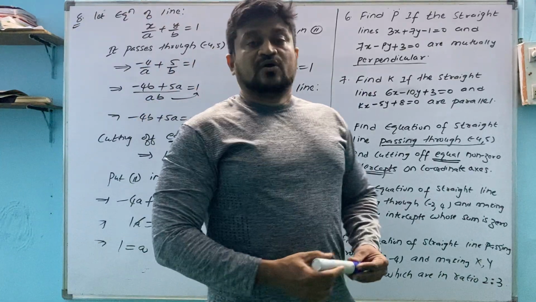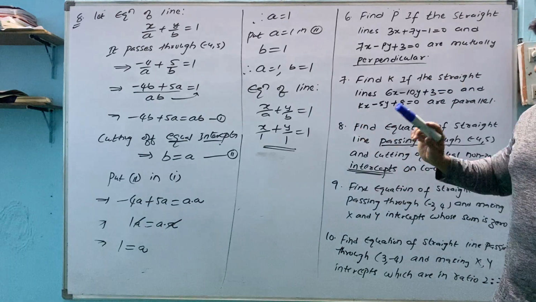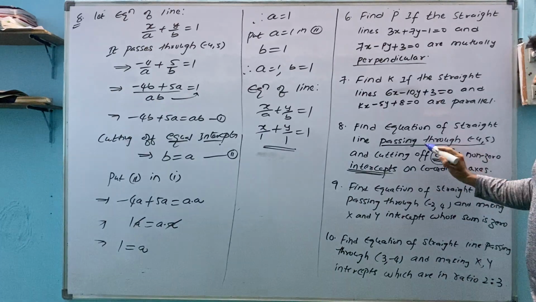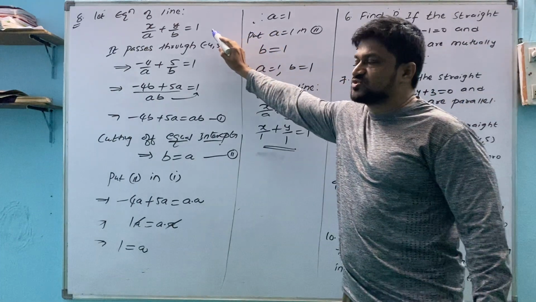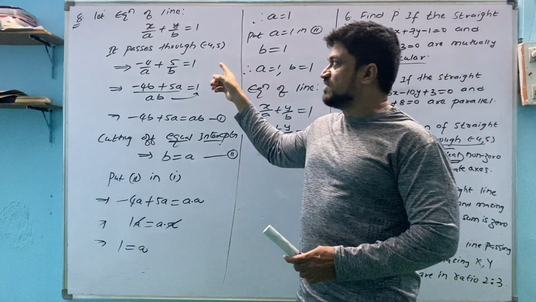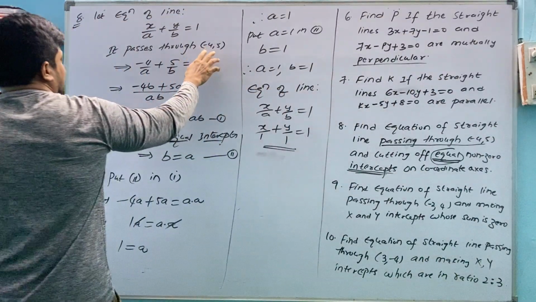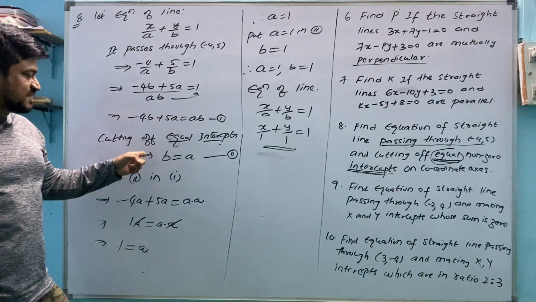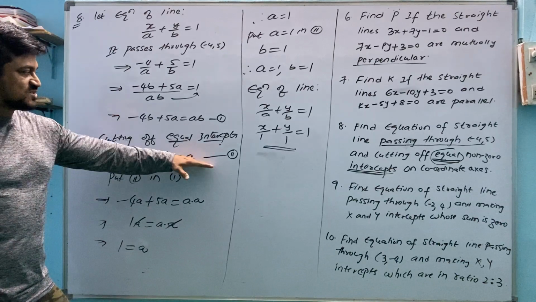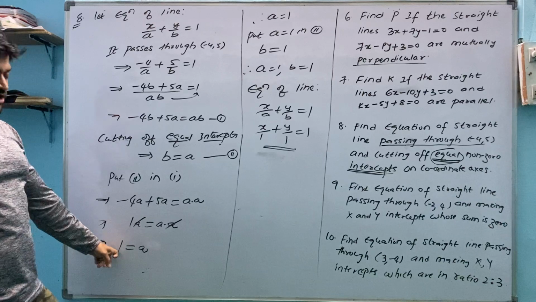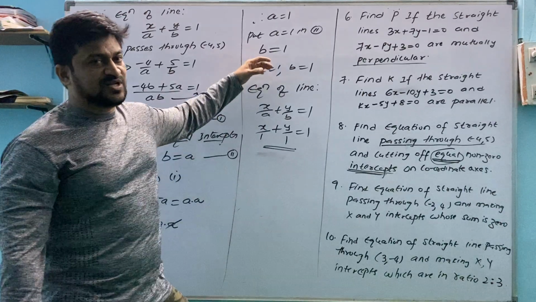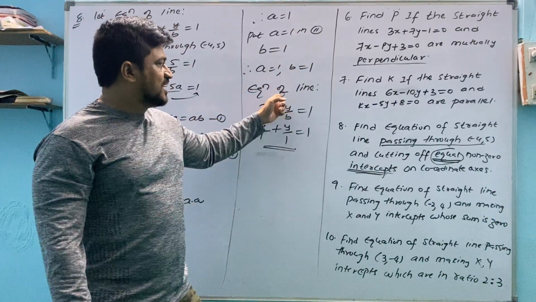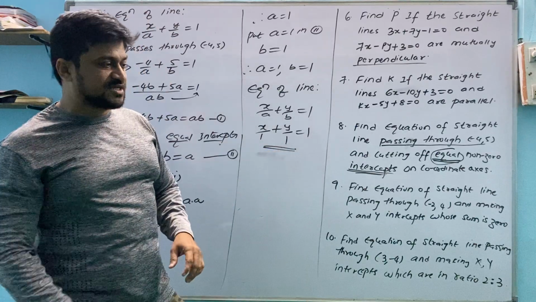See what they have given, same type, 2 more questions are there. Find the equation of straight line, passing through point is given, cutting off equal intercepts is given. When passing and intercept word is there, we have to take this equation of line. Then it passes through the given point, substitute in place of x and y and you will get equation 1. Then cutting off equal intercepts means b is equals to a. Substitute these two equations and we will get the value of a. Once we got the value of a, substitute in second equation, you will get the value of b. Then write equation of line and substitute a and b values. That is our required answer.